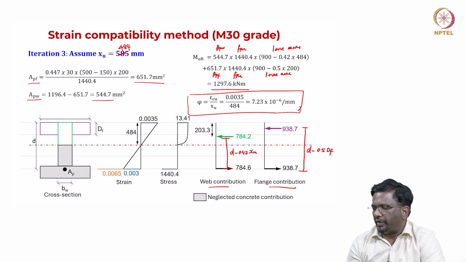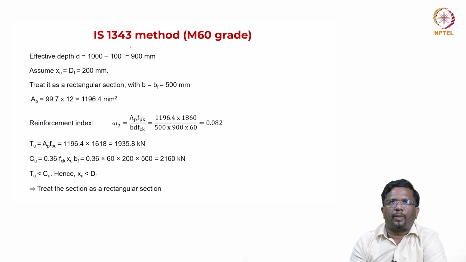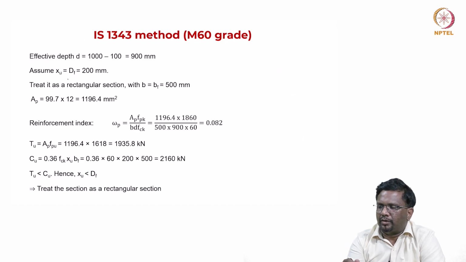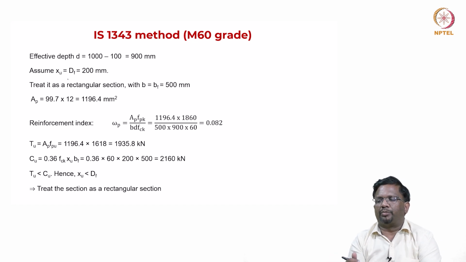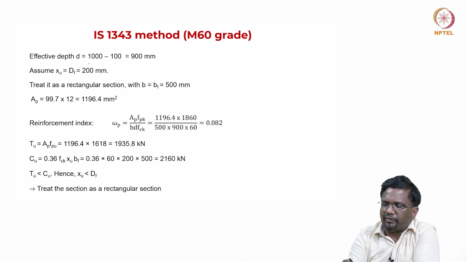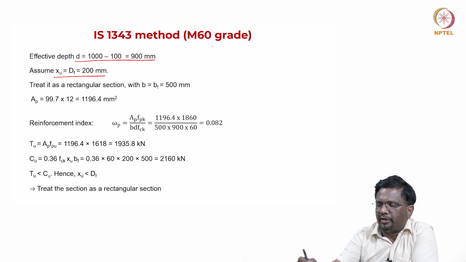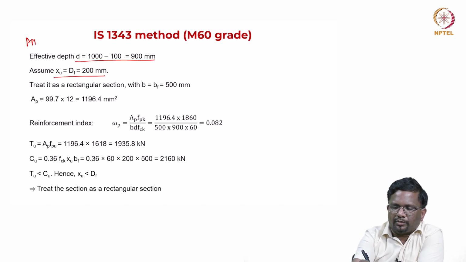Okay. So, we get 7.23 into 10 to the power minus 6. Now this is again for the approximate method. Now, we are going to look at how to get the result using the approximate method. So, now you see the effective depth is again 900 millimeter, XU is equal to DF, 200. So, again this is for the approximate method,